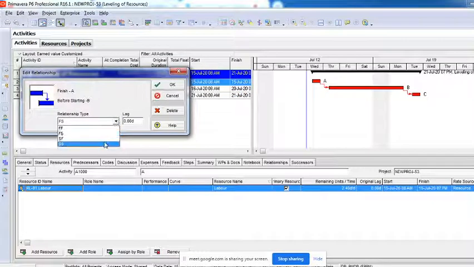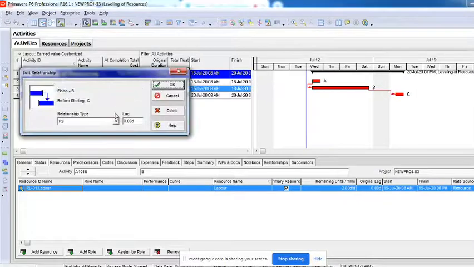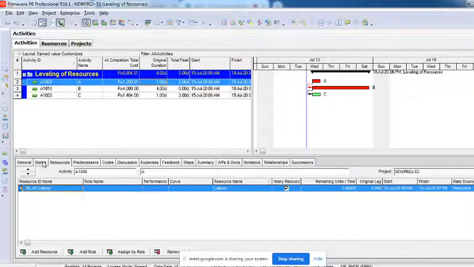I'll say you cannot change the relationship, no matter whether you have resources or you do not have resources. I'm okay to increase the duration of the project, but I'll not allow you to change the relationships. It's mandatory that it has to be start to start only. Then what?